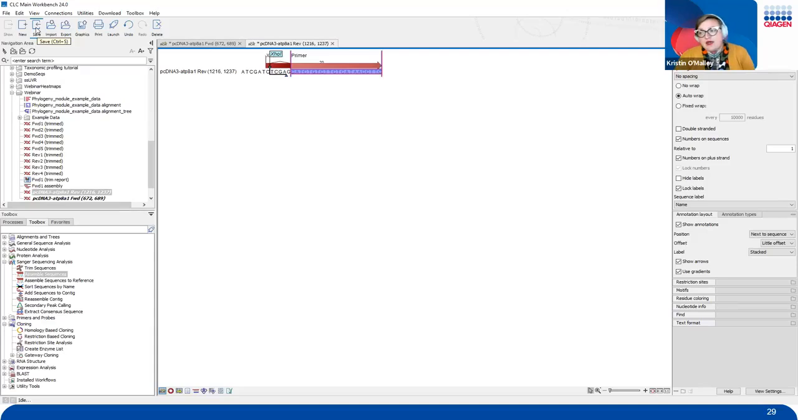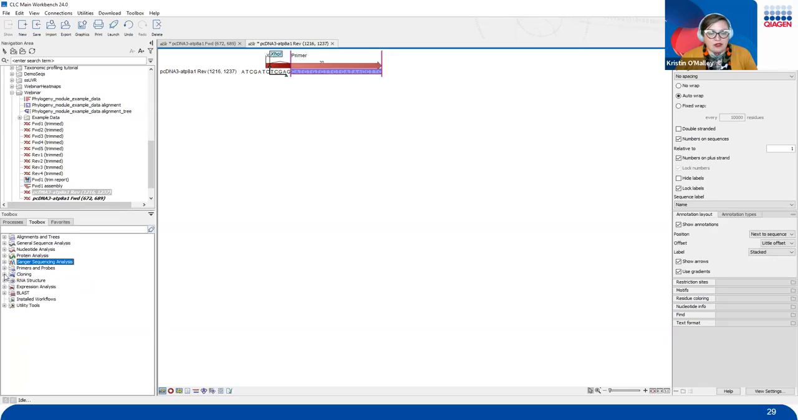Now, the next thing that we can do is run an in silico PCR to create the fragment that we are actually going to be physically inserting into our vector of interest. So what we're going to do is go down to our toolbox here. I'm going to close out all of these tools here, and we are going to go into our